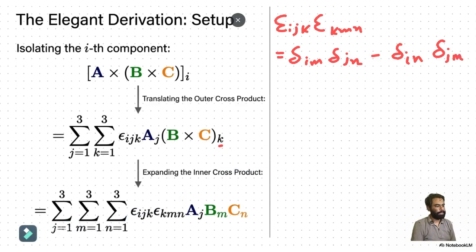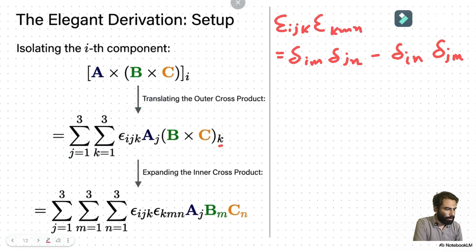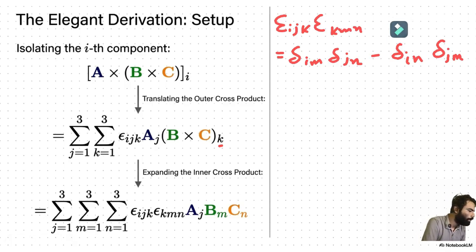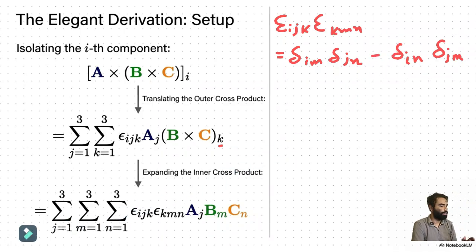Now look at this. Now you can put this in there. One thing you have to remember from the previous lecture is that the Kronecker delta